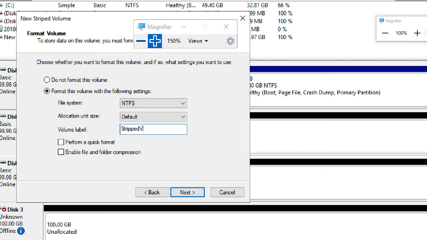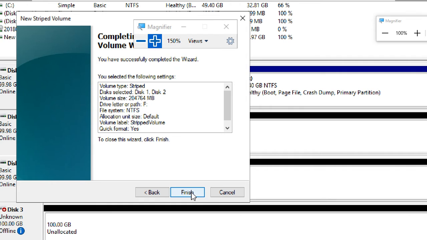Just for fun you can name it striped volume, otherwise you can leave it as New Volume. Compulsory: select perform a quick format. Enabling file and folder compression is not required. Go to next, click on finish, and then you can create a striped volume.